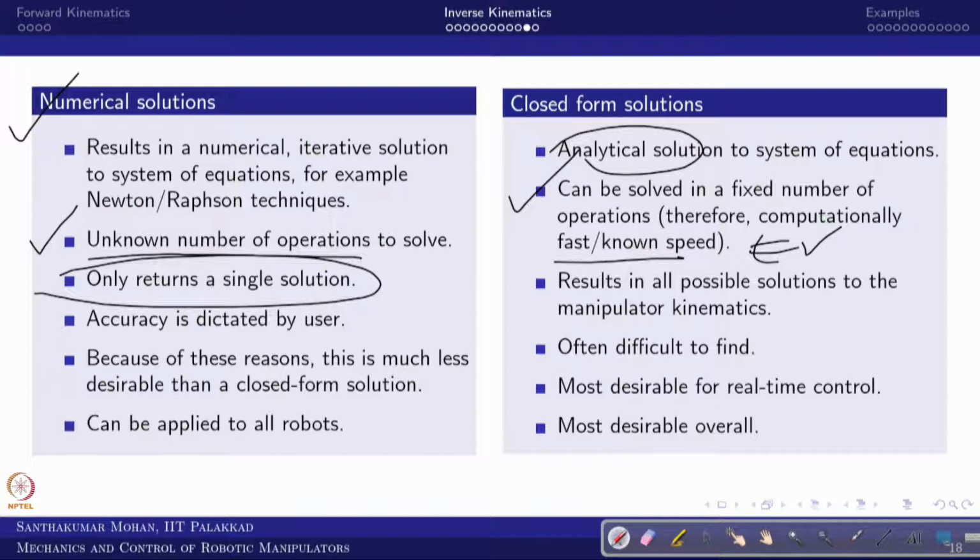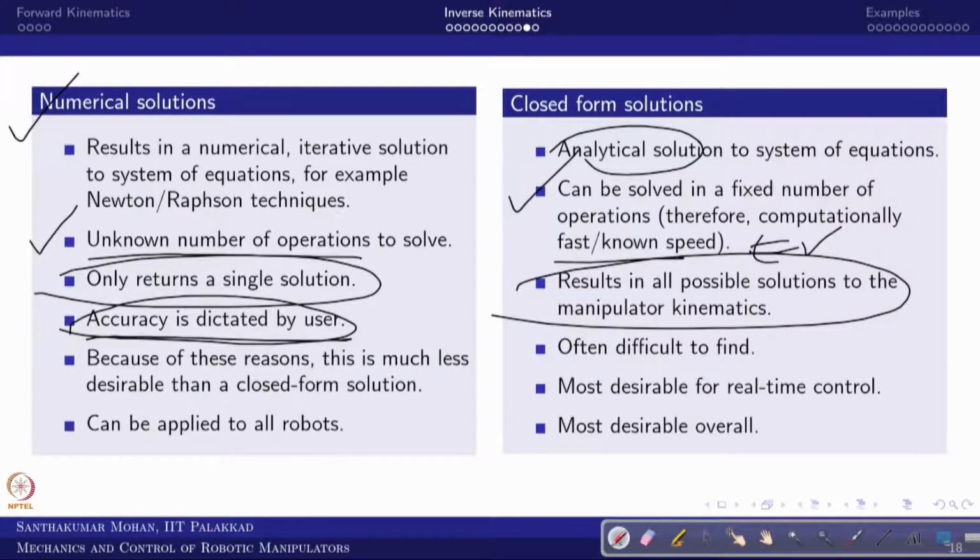So in the sense it may not be optimal, or that is the closest solution, but in the numerical case all possible solutions can be obtained. The accuracy is very much questionable, because according to what resolution you want or how fast you want, the solver would be defined. So the accuracy would be pragmatic, based on what the user defines. This is one thing often found difficult, but it is easy, because we can easily write the numerical solution, but the closed form is not that way. Because of all these reasons, it is much less desirable as compared to closed form.